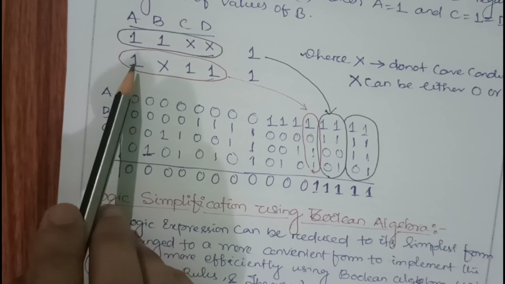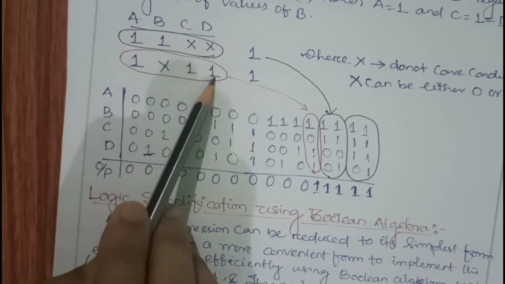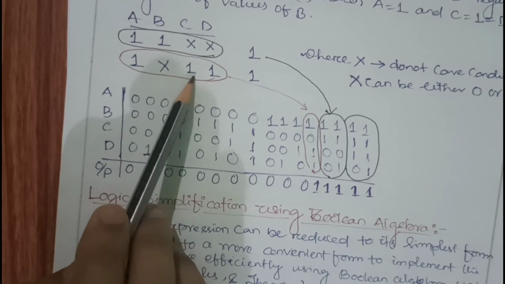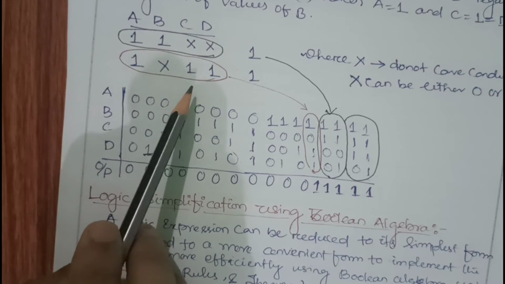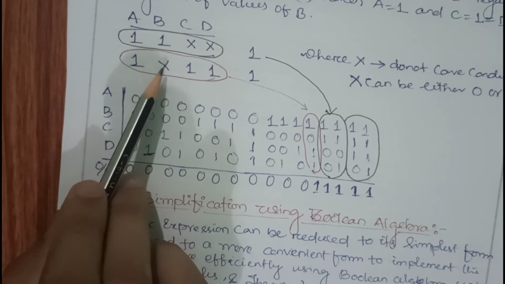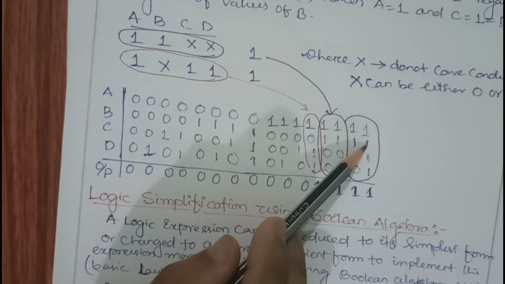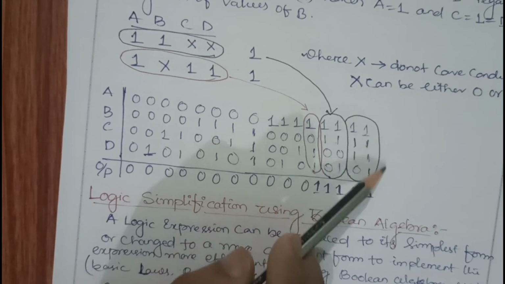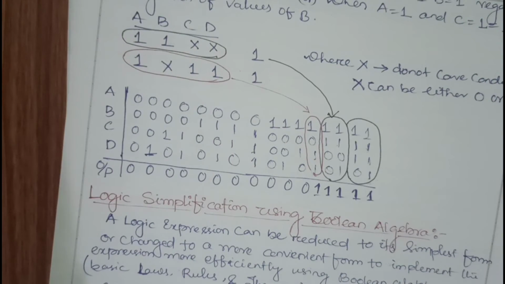In another case, my output will become 1 if A, C, D are all 1 and B can be any value. It means there are also 2 possible combinations: B can be 0 and B can be 1. Since the B equals 1 case is already present before, I am taking only these values. So you have to check for what values of my input, my output should be 1.